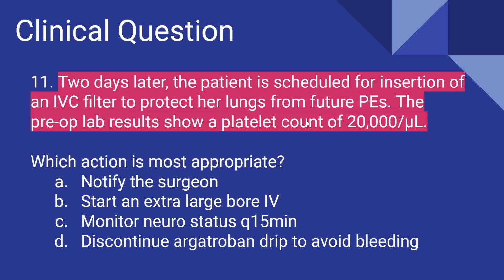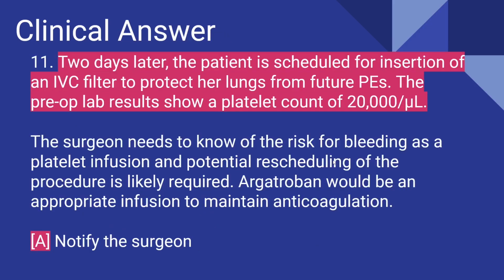So this could be tricky because when you see something like this, you want to try to do something to help, right? But one of the best places to start is to let that surgeon know that it probably isn't safe for this patient to go to the OR, right? With a platelet count of 20,000 and a very high risk for